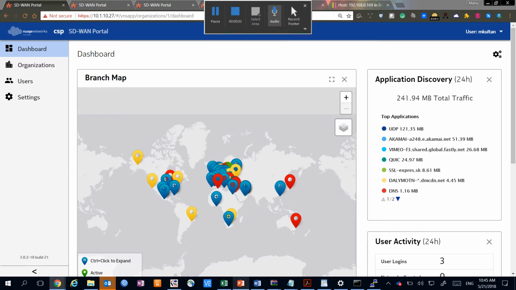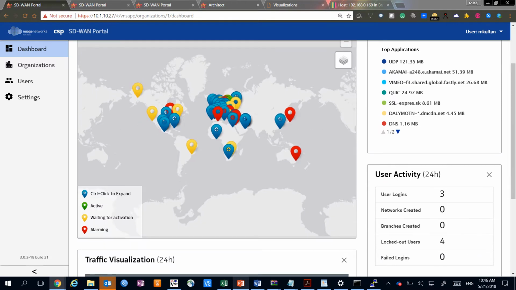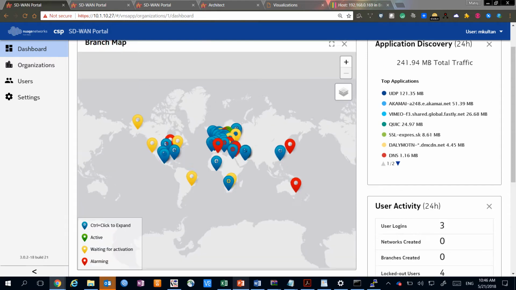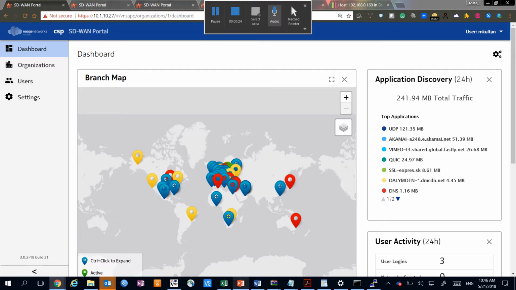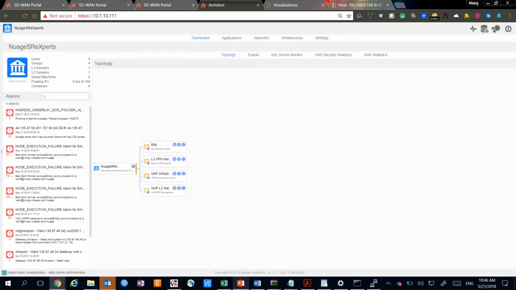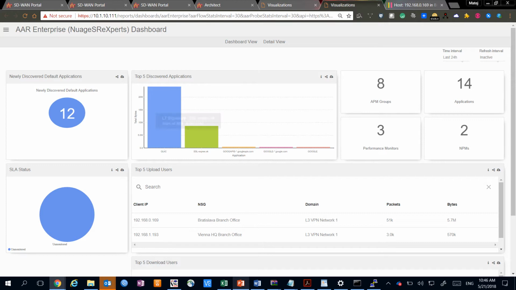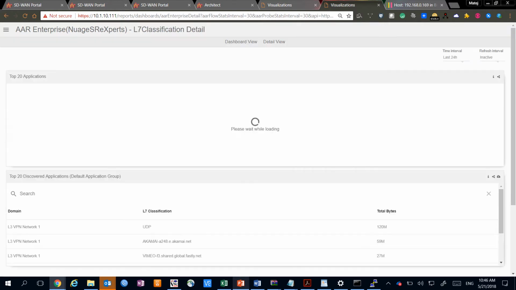Regarding the visualization, in Nuage you can have different levels to view. We have some predefined views in the customer portal, on the dashboard and organization levels, with different types of statistics like delay, jitter, packet loss, and application performance. You can also have statistics visible on the Nuage Architect itself. So you could see, for example, what your applications are, and also delay, jitter, packet loss on different levels, coming from